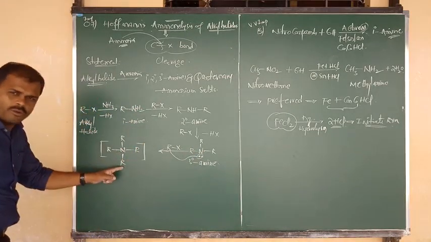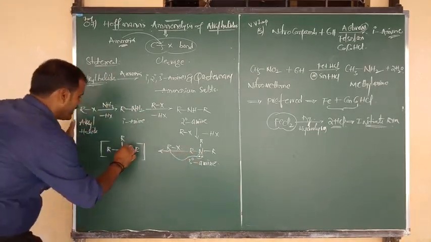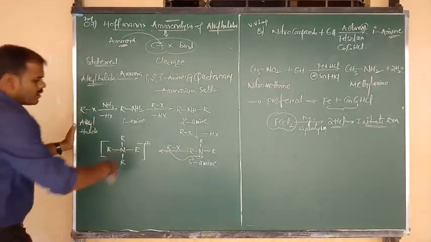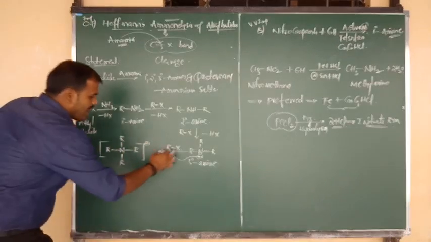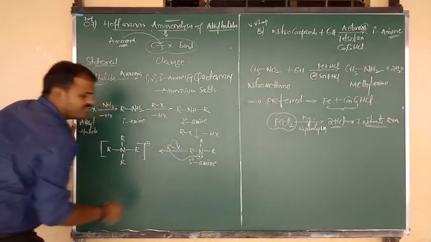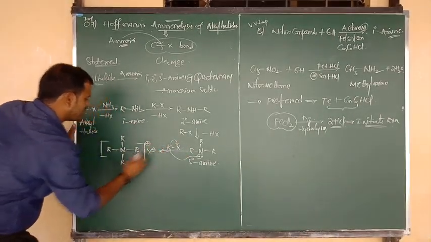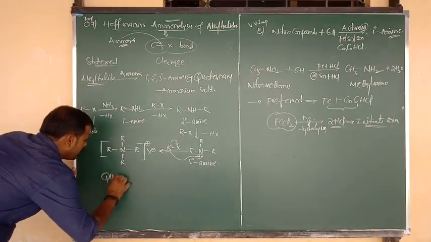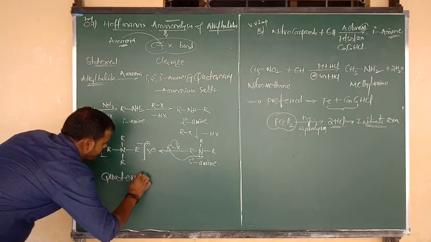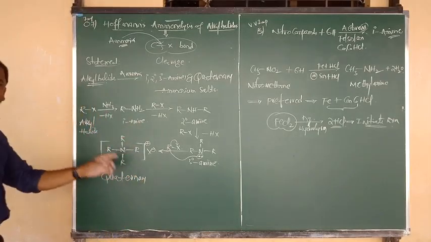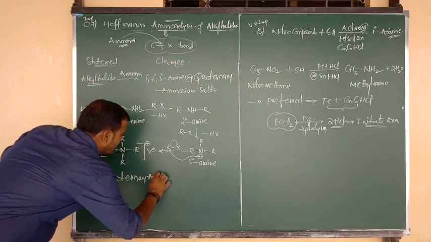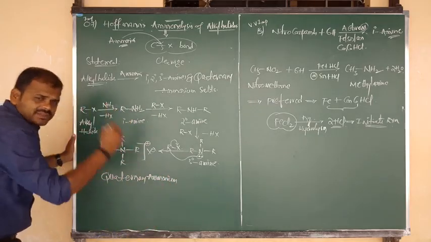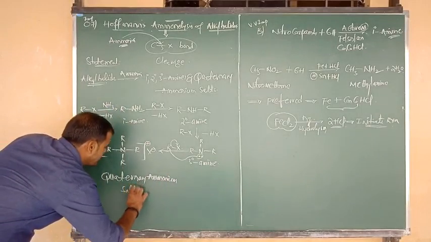So for making a new bond, nitrogen donates its lone pair. Nitrogen contains a positive charge, and donating the lone pair means an overall positive charge on N. And definitely this bond is going to shift here, so X carries the charge, which is minus. Nitrogen is connected to 4 carbons, which means quaternary, looking like NH4 plus, so we can say ammonium. And since plus and minus are within a single form, we have to say that it is a salt.